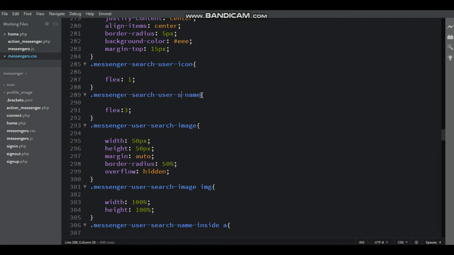Here that is everything is same, only changes class names.